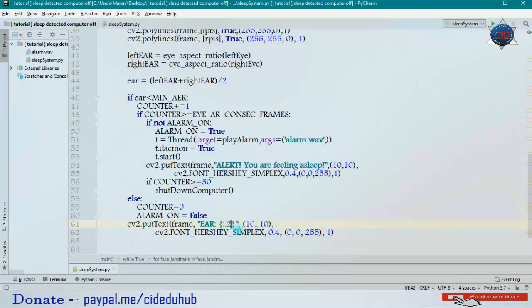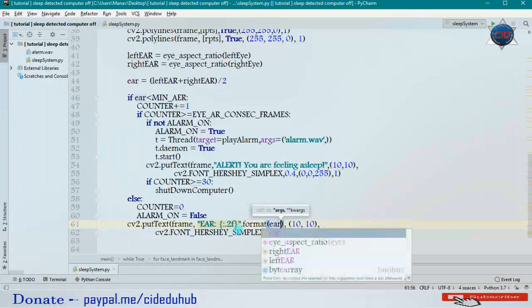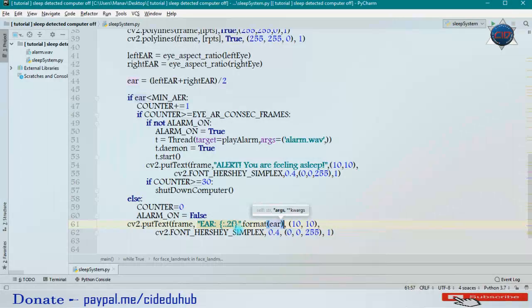Okay, and let me format it with my aspect ratio. Now our aspect ratio will be here, and now let me pass the position of this text, and I'm passing it 250, 10. Okay, and all the things let me do the same.